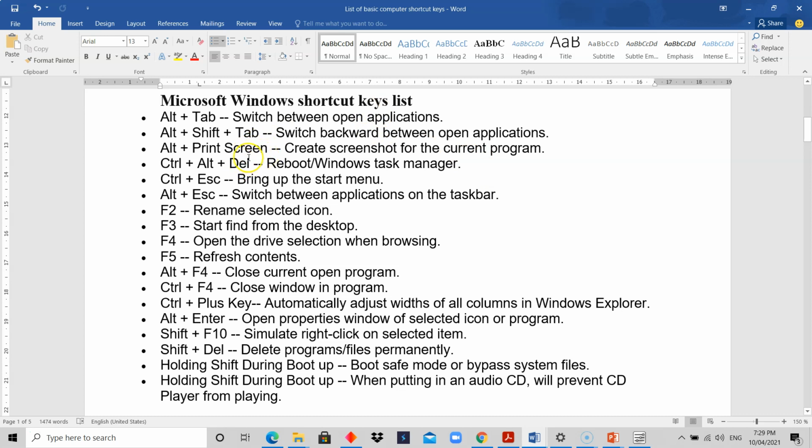On some keyboards, you see PRT-SC. That's what you have there, and that's the key that represents Print Screen. So Control-Alt-Delete, you can use it to reboot or bring up Windows Task Manager, sorry. Do you understand that? So that's what you can use